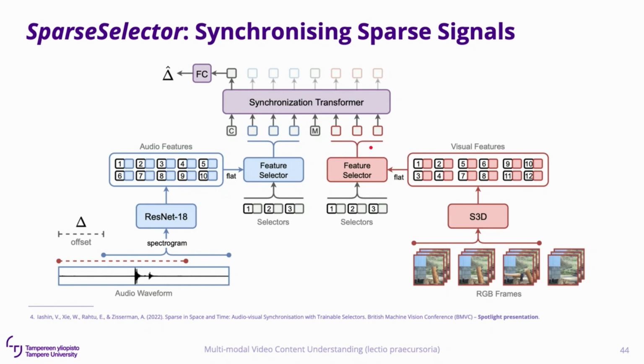The transformer predicts the offset class. Notice that since we have a lot of naturally, freely available videos online, and it often happens that the audio and visual streams are in sync, we could do this self-supervision by artificially offsetting both streams and getting the supervision signals from those. Right, and we can train it with a standard cross-entropy loss because we pose it as a classification problem.